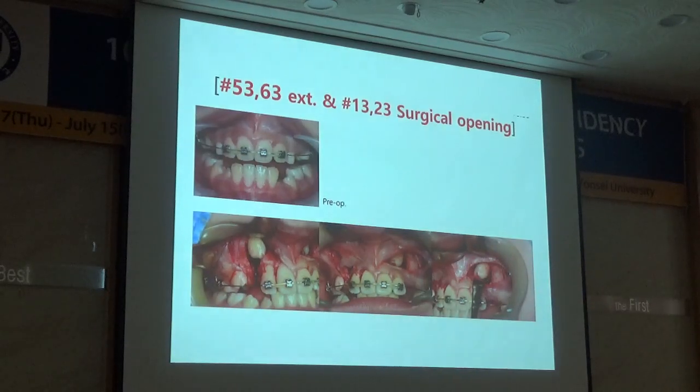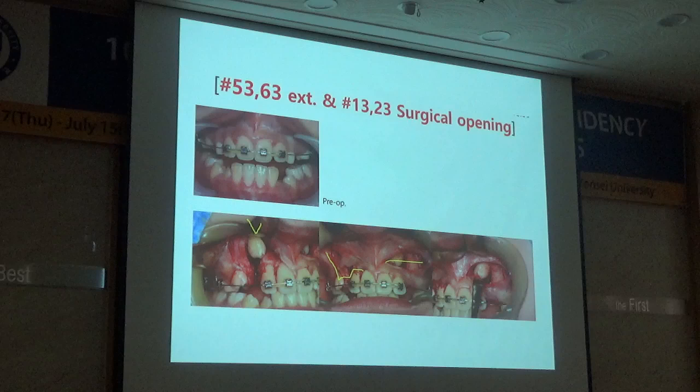And I will show another picture about incision design. One is the clavicular incision, like this one, and like the vertical incision. The other is just to do the vestibular flap. I prefer this kind of thing, but if the infected tooth is very high, I have to do this kind of vestibular incision.